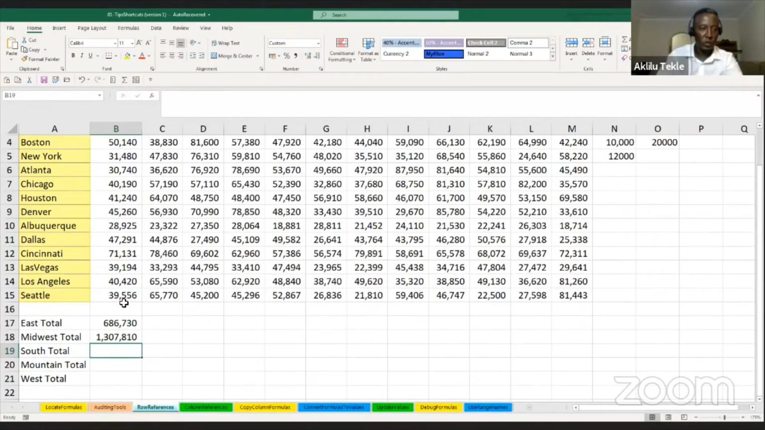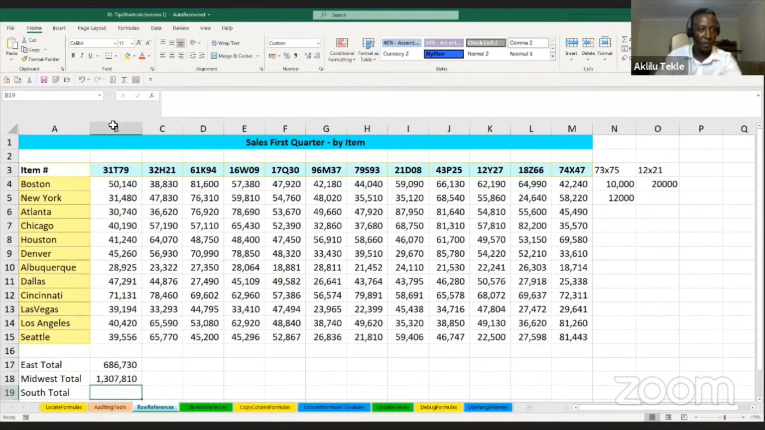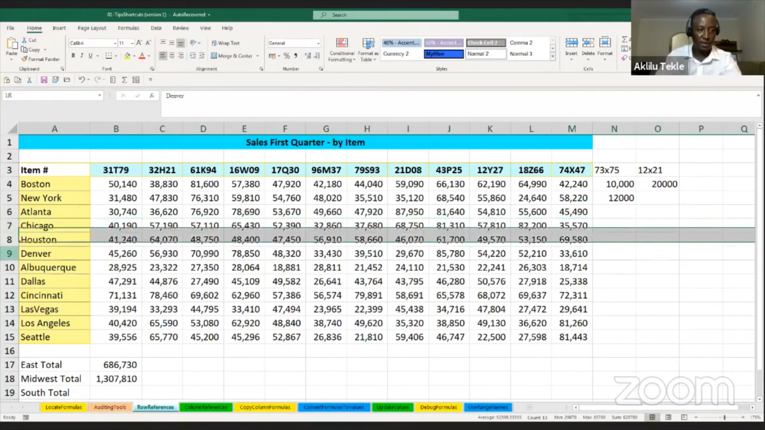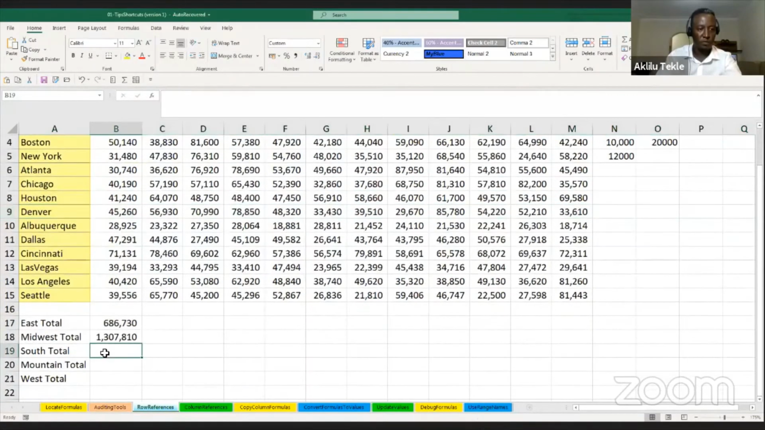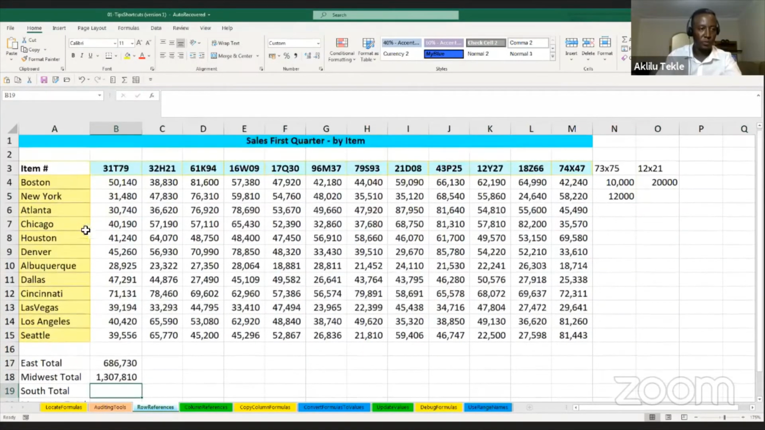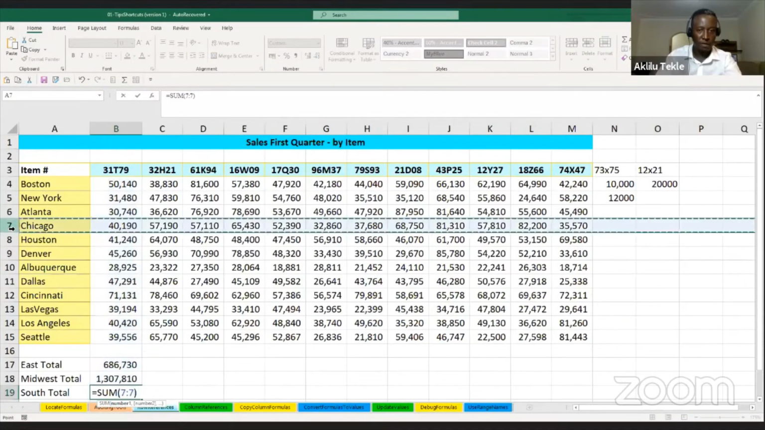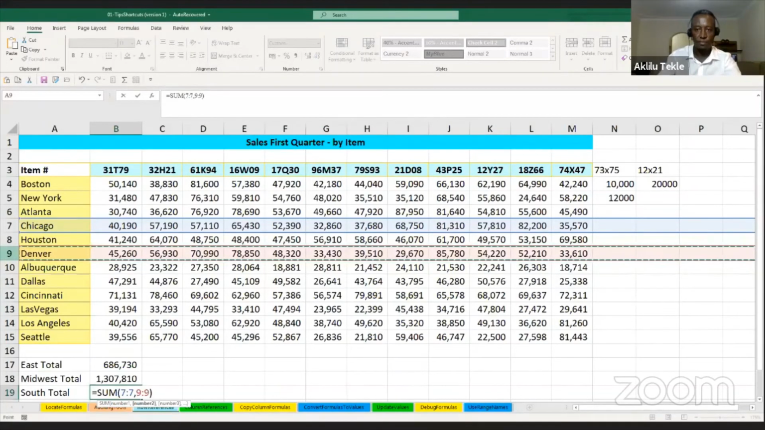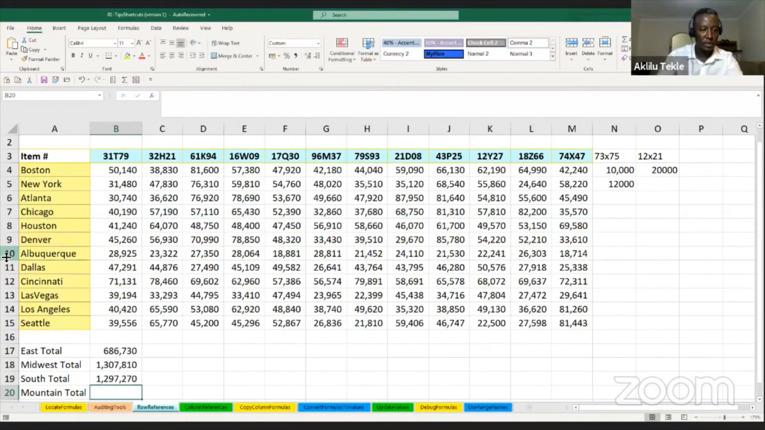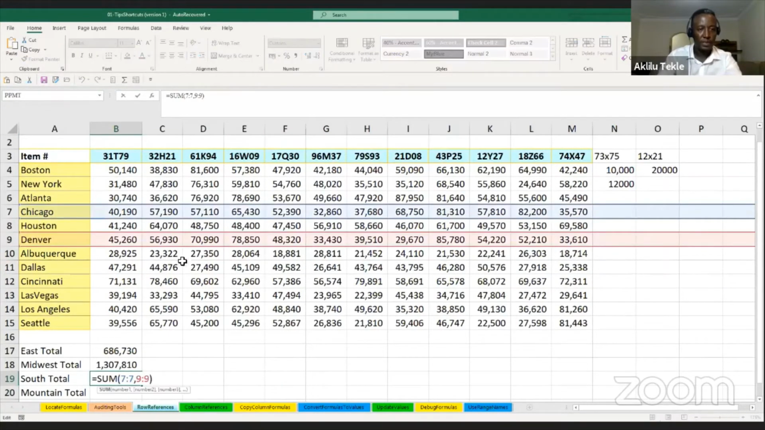Now what I need to do is I will say auto sum. For example, in this case, we are going to add Chicago and Denver, which are, let's say for this conversation, in the south. So I would say auto sum. I will go to Chicago and select the whole row containing Chicago, and I will type a comma, and for example, I will select Denver, and then I will close the bracket and say enter. So can we see now? This is the summation of